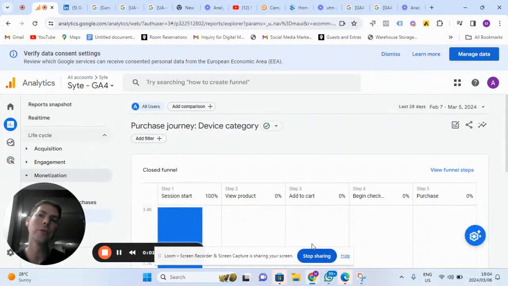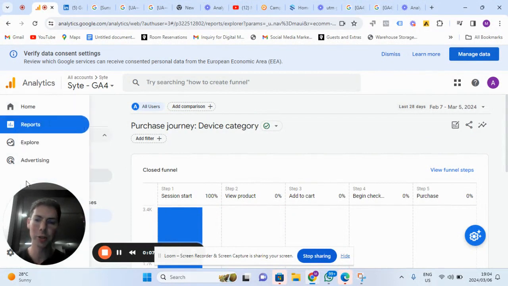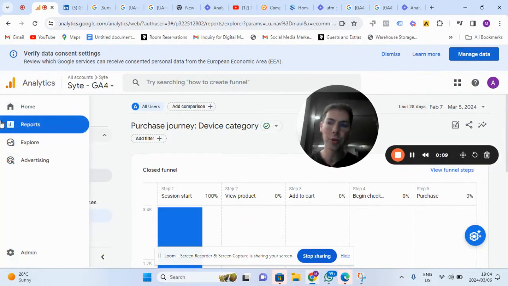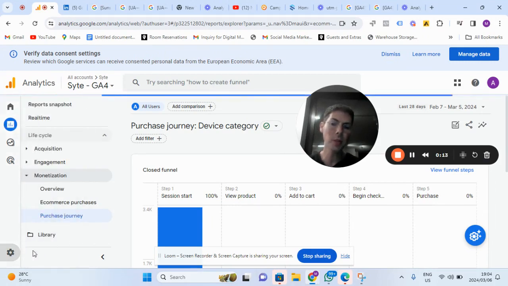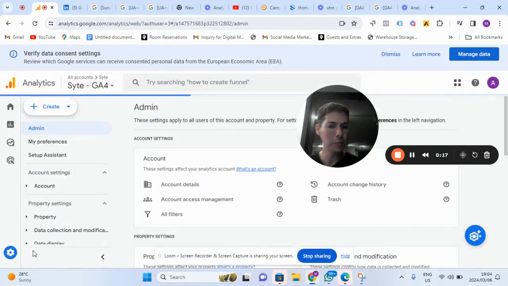You can build different user segments so you can analyze those user segments in every one of the reports available in GA4. So let's jump in. What you're going to do, you're going to go straight to the left sidebar as normal. You're going to click on Admin, and this is where we're going to start building our audiences. You are also able to build audiences in the exploration tool, but this is essentially the quickest and most direct